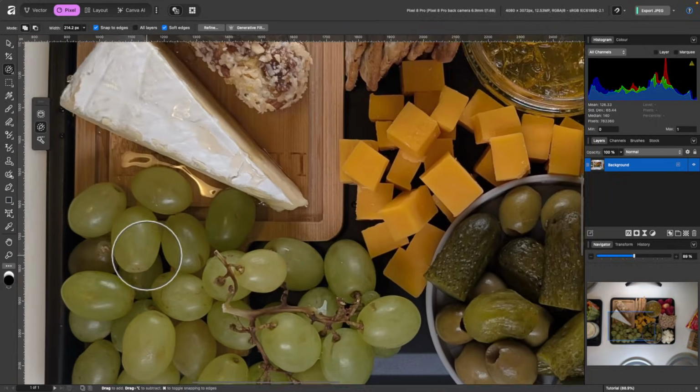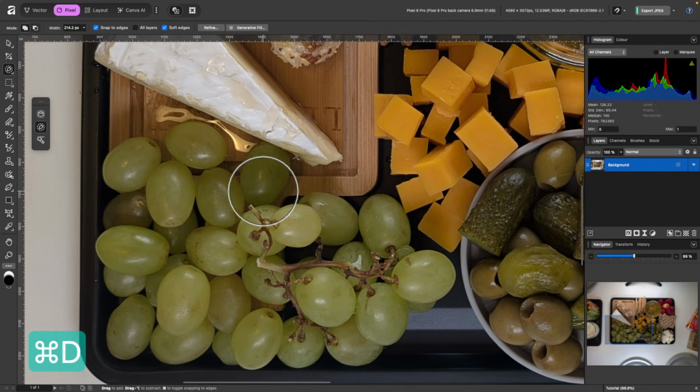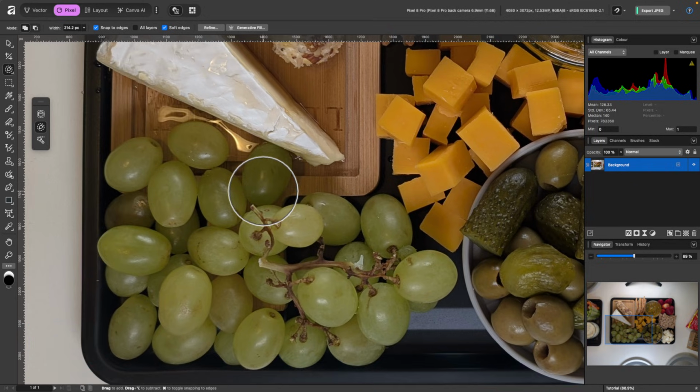So let's just zoom into these grapes here. Right now it's kind of large, and if I click and try and make my selection, it includes quite a lot. You see, I could just go here and it just starts increasingly selecting parts that I haven't chosen yet. So we don't want that. So let's go ahead and press Command D to deselect what we've selected already. And we'll just make the brush smaller. I'll press the left bracket key here.